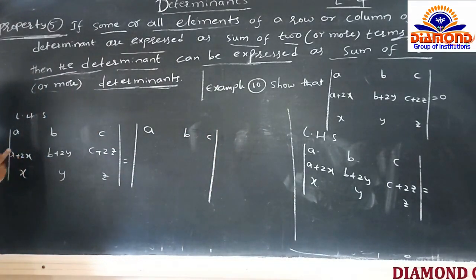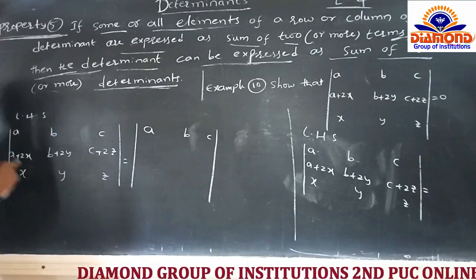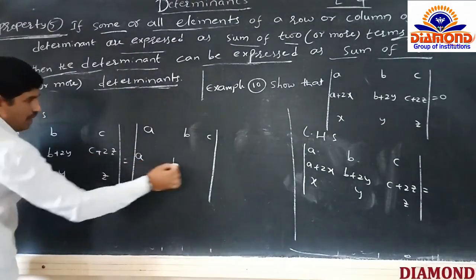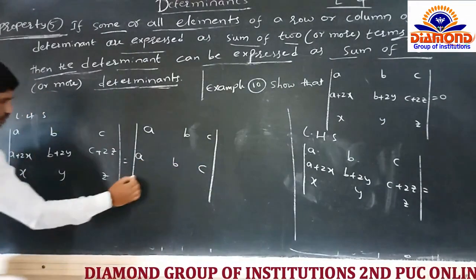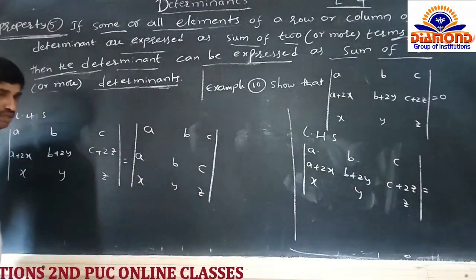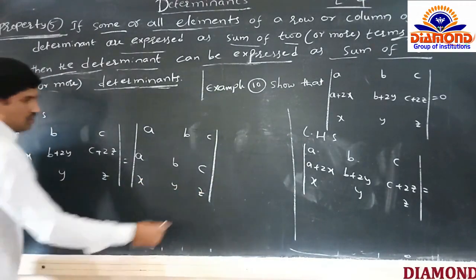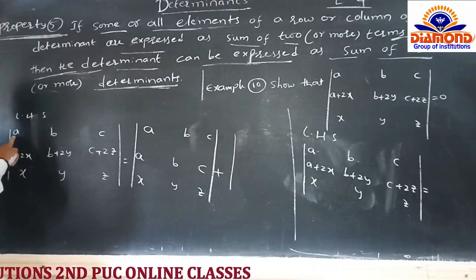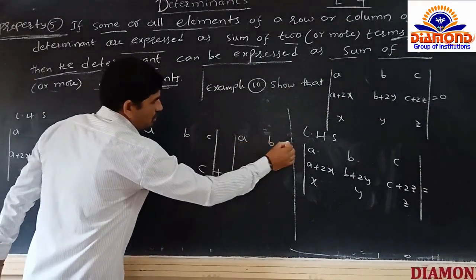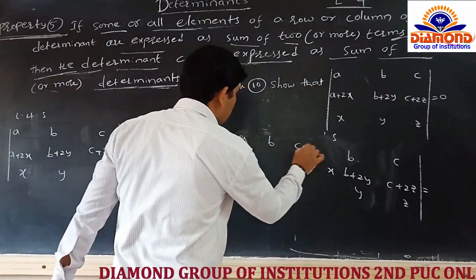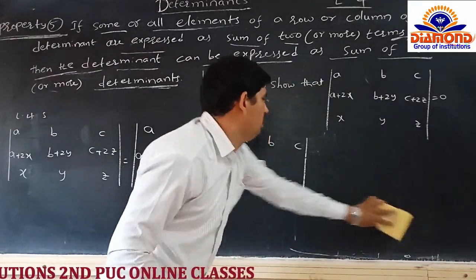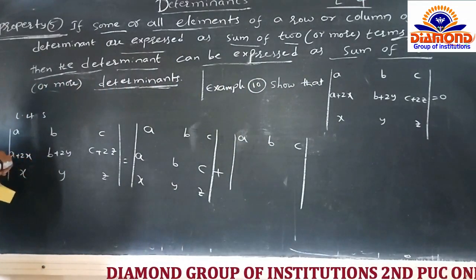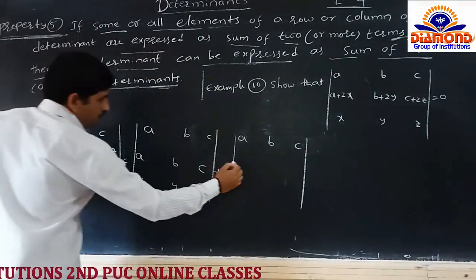In the second row, in this sum of two terms, first we write the first term, A. In the second element, again the first term. In the third, again the first term. Completed. And the last row is X, Y, Z. After that, in between we have plus, so we write plus. Next, again we take the first row because it has single terms only. Yes or no? Next, again the second row. How will we write the second row? Already we have taken the first term, so now we take the second term.